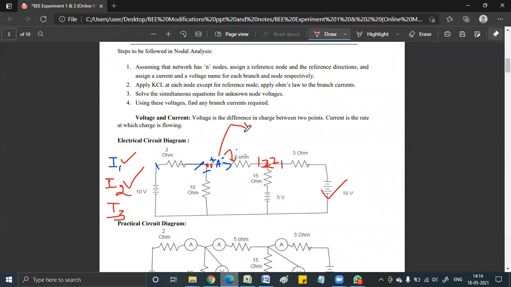So I will get 3 currents. My total current I, this main current I, will be composed of the summation of 3 currents, I1, I2, I3, right? I1 is only when 10 volt is acting, I2 is only when 5 volt is acting. When I say only that supply is acting, the other two are shorted at that time, whatever other supply is there is shorted. And I3 is because of 18 volts. So if I want to find I3, I'll short this 5 volt,